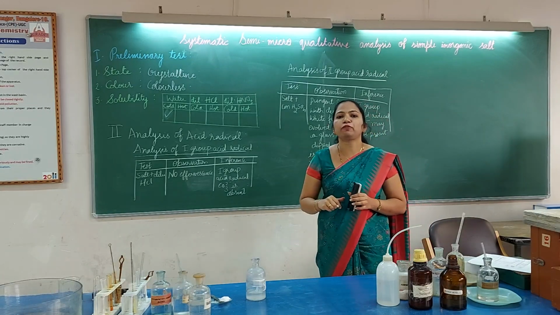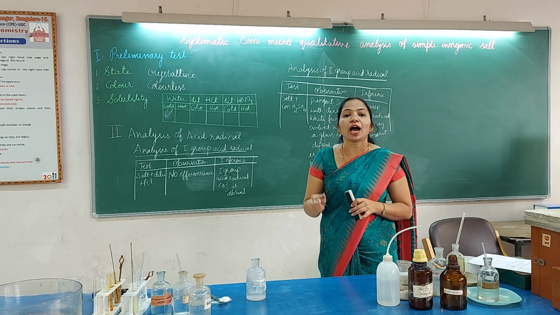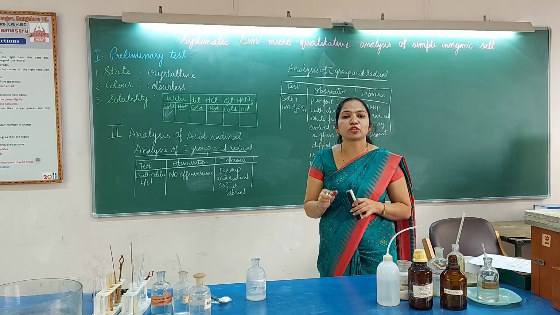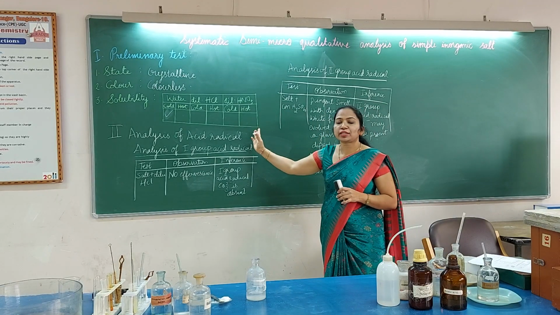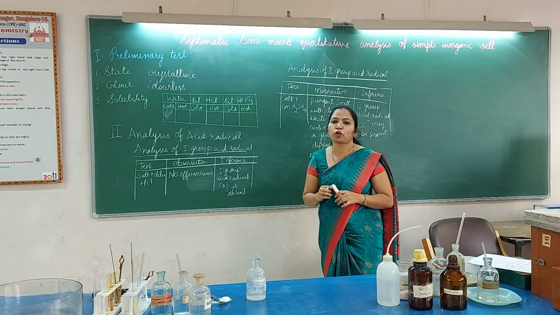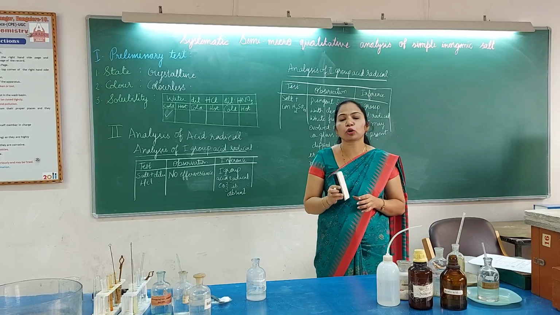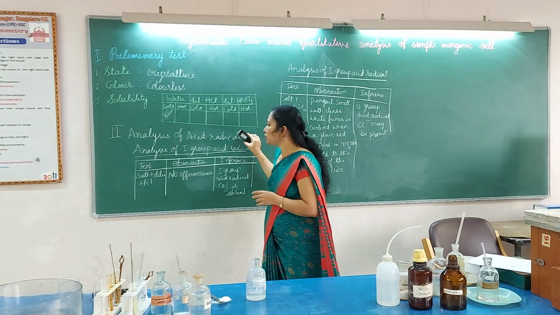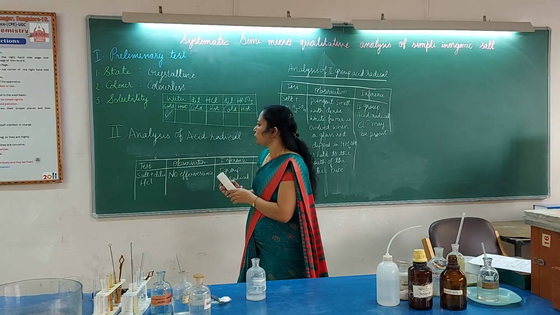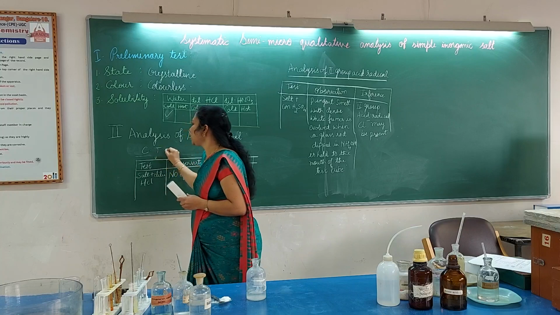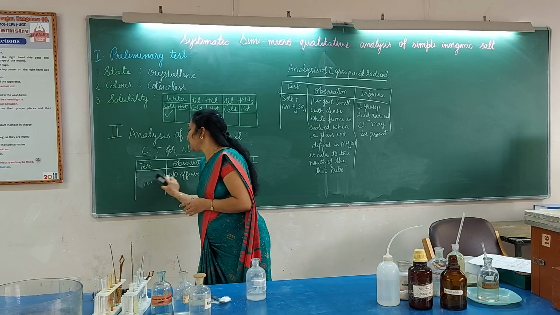Now we have already confirmed that the chloride is present. So the confirmation test also consists of 2 marks. So totally, it is 5 marks. So now let us write the confirmation test for chloride. I am going to write it over here itself. CT for chloride. So the test is